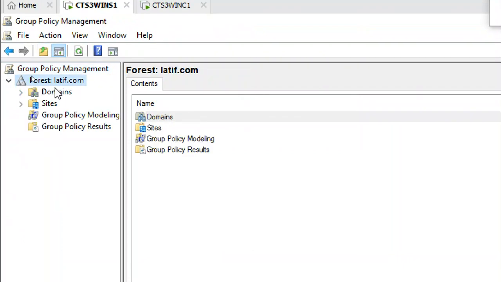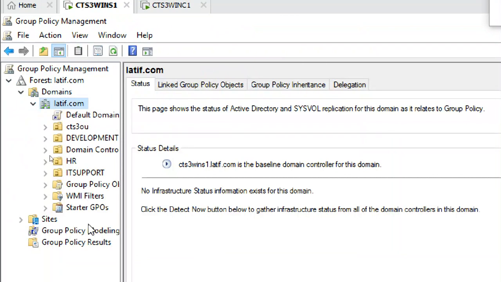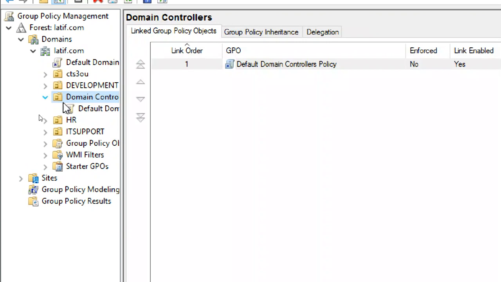Forest, domains. This is my domain. These are containers in the domain. If you see, this is an already existing policy linked under the domain. This is the domain controller, and there is a policy.